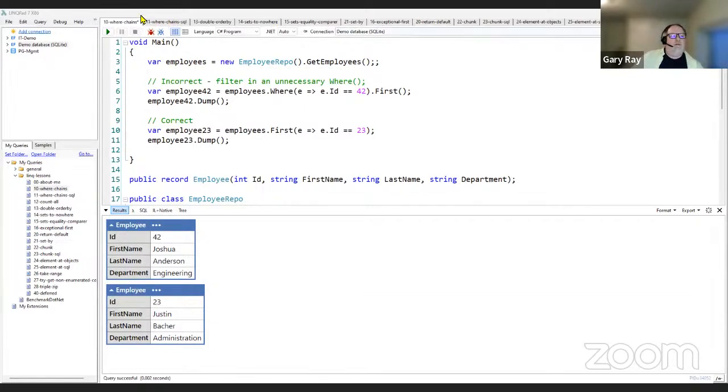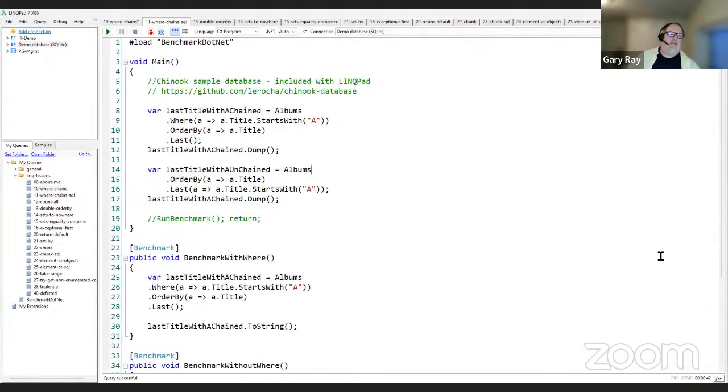The next is where chains. And so this is going to show off another feature of LINQPad, and that is that LINQPad includes the Chinook database, which is a kind of alternative to Northwind. There's a link in the code here. If you go to the GitHub repository that I showed before, the links are all in the code. Chinook is a record store database. And so we're going to take a look at